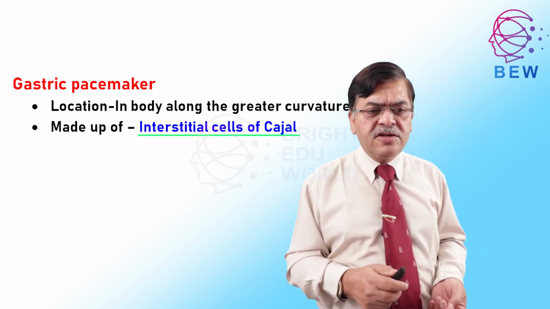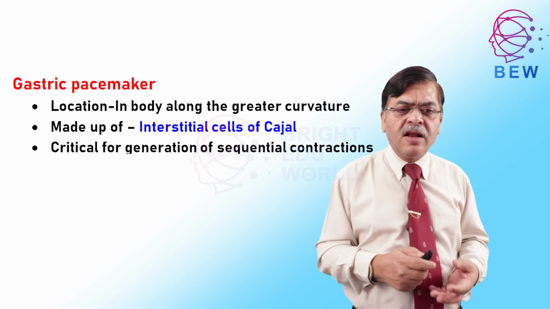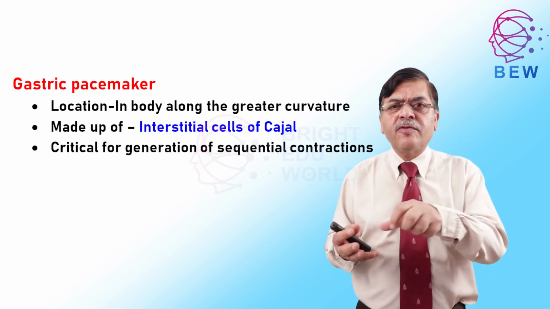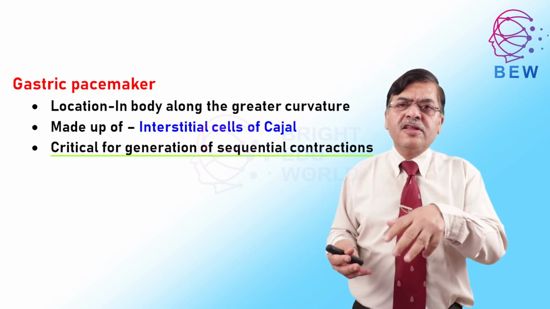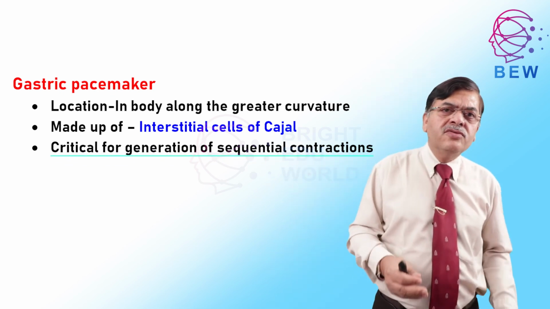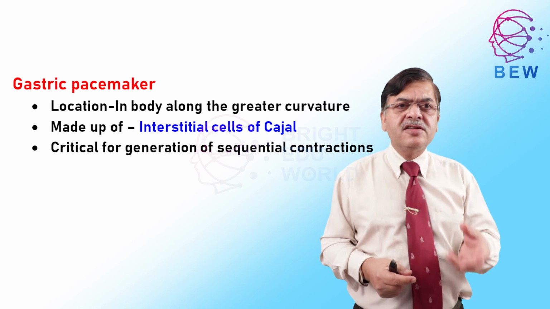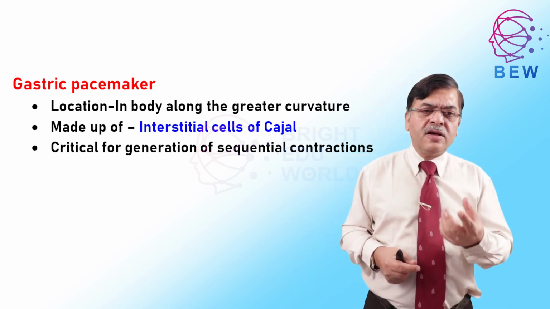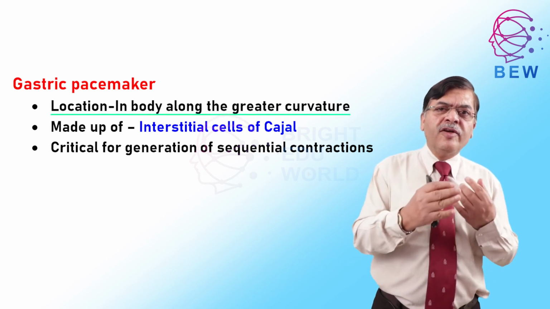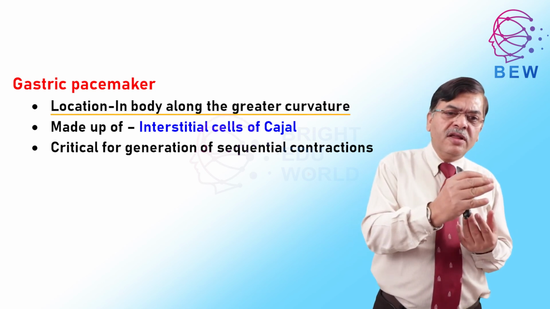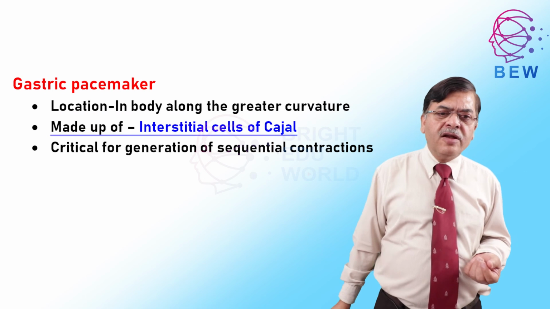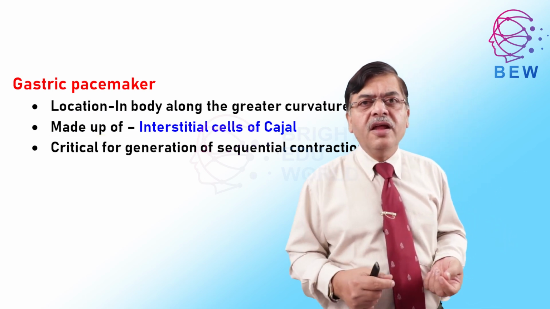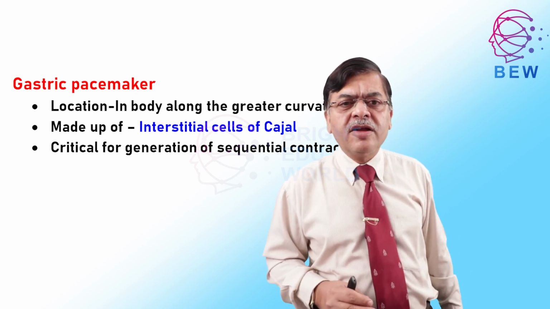These interstitial cells of Kajal are critical for generation of the sequential contraction, which starts from the stomach as peristalsis and goes further down. So this is the one which starts the peristalsis in the stomach, and this pacemaker is located somewhere in the greater curvature in the body and is made of interstitial cells of Kajal. So that means for the anatomy of the stomach,